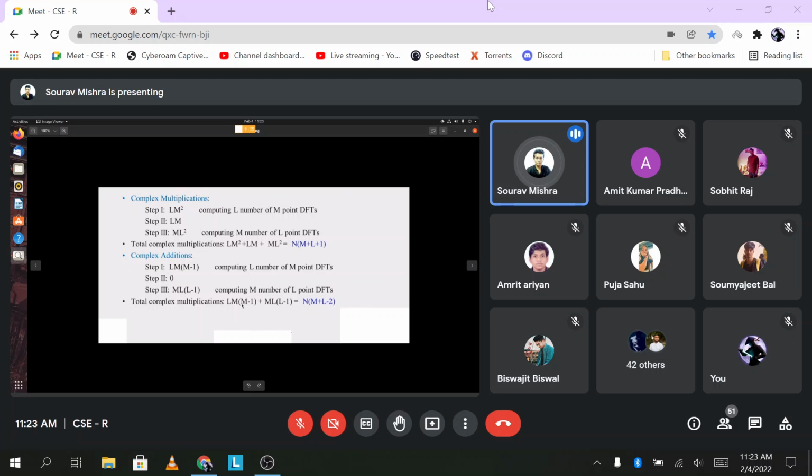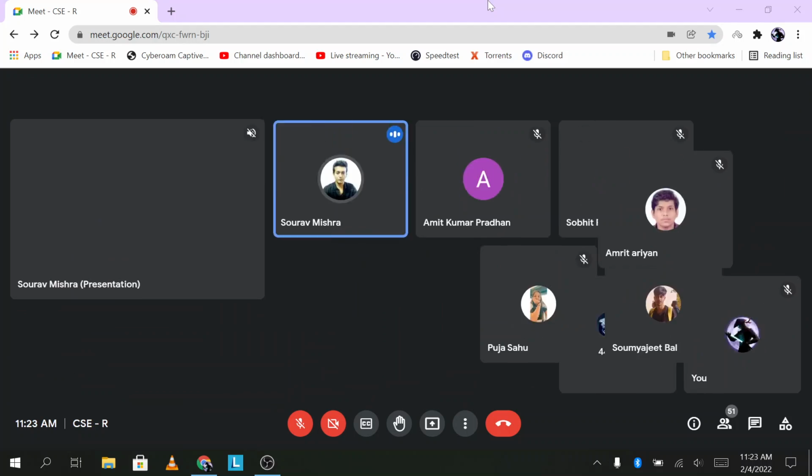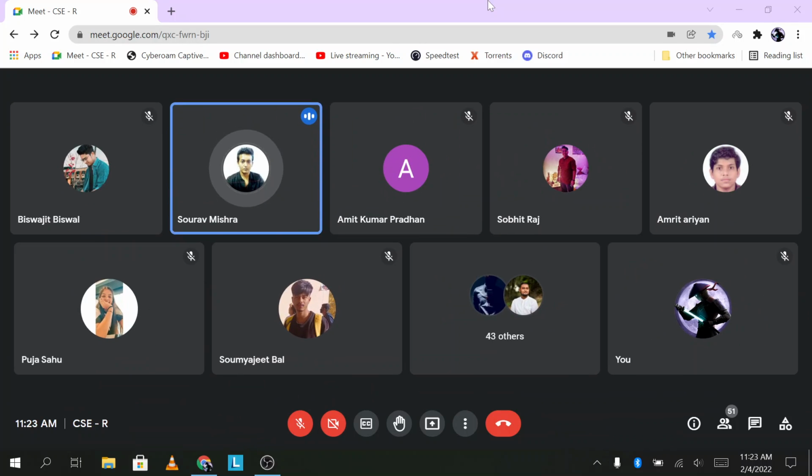So what is the total number of additions here? You get n whole m plus L minus 2. In the direct approach, this is going to be n into n minus 1. So obviously this is an improvement over the direct approach. So this was how to find the DFT coefficients using the divide and conquer approach. Now I think I should take the attendance,